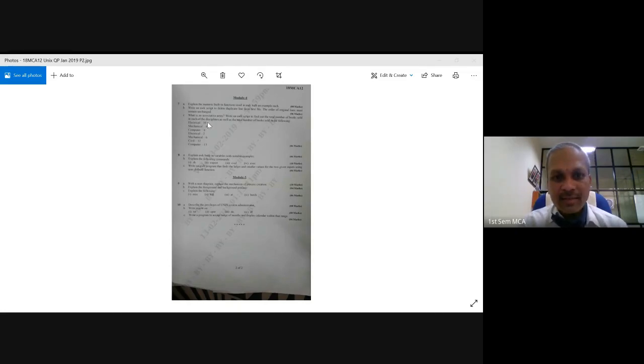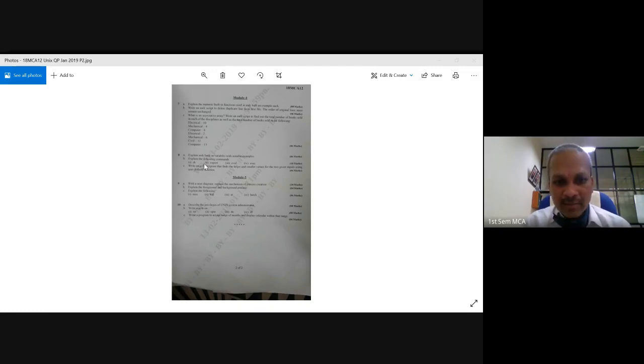Then, write an awk script to delete duplicate lines from a text file. Already there is a program on this that should help you, where we have deleted the lines with the one line program. Second, what is an associative array? Write a shell script. Again, this program we have written as a part of 11A or 11B. You can write that program.